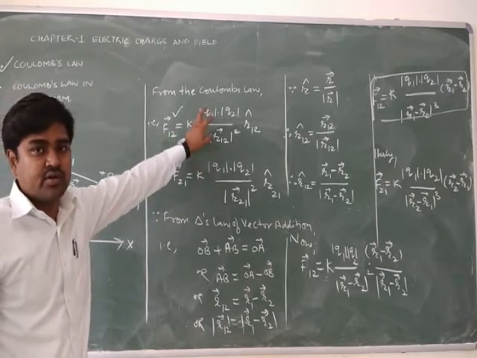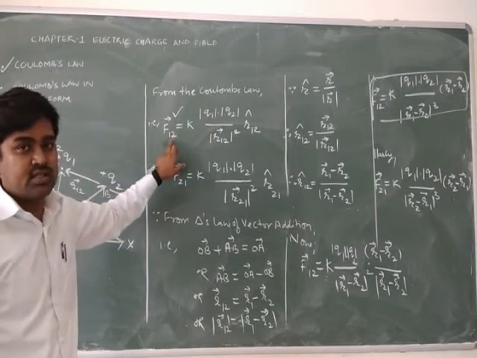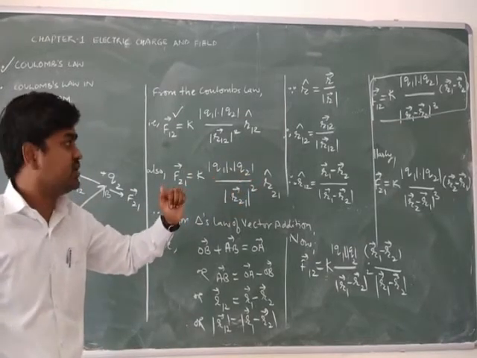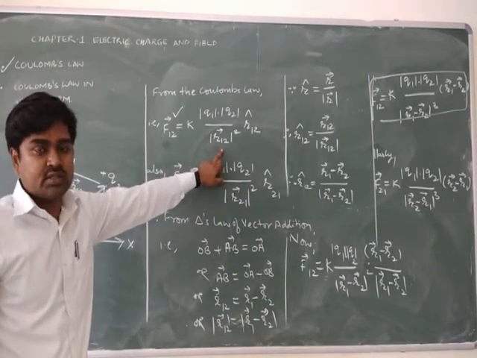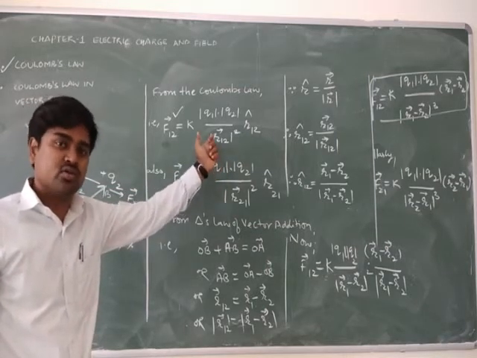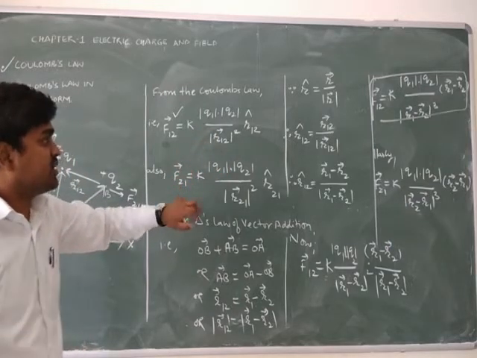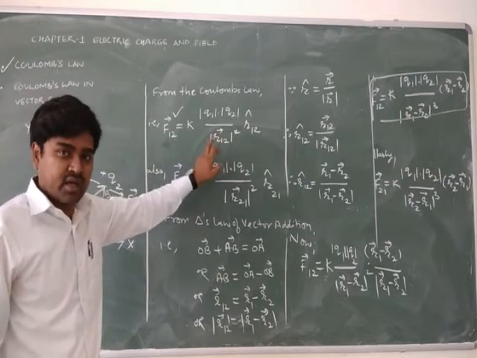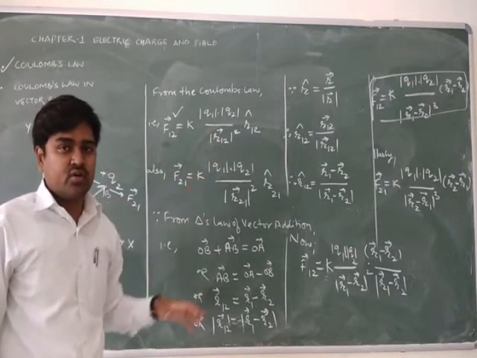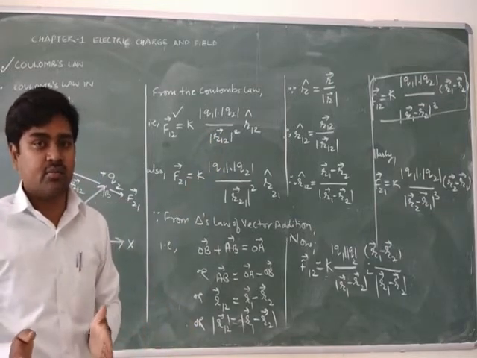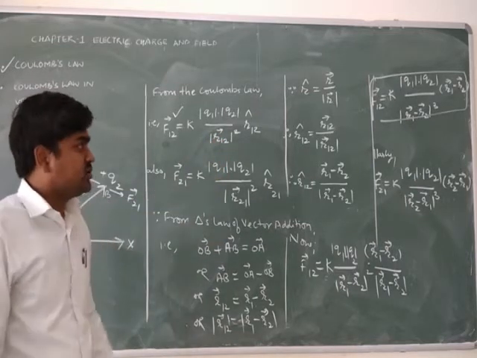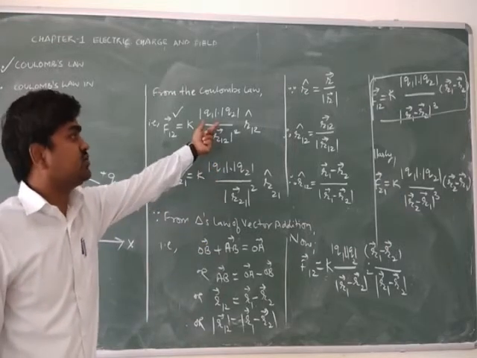Here the distance between these 2-point charges for this force is measured from the second charge towards the first charge. So here R12 is the displacement vector which represents the distance between the 2-point charges or the two positions. Here we have taken the square of the magnitude of the displacement vector R12. The magnitude of a vector quantity is a scalar quantity. It means on taking the magnitude of this displacement vector, it will give the distance. So it is the square of the distance between these two charges.